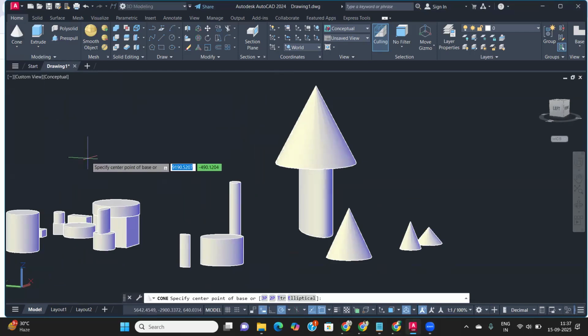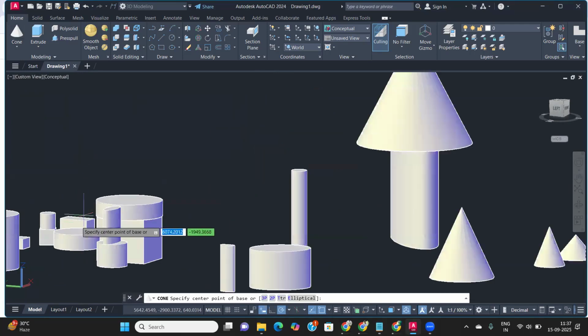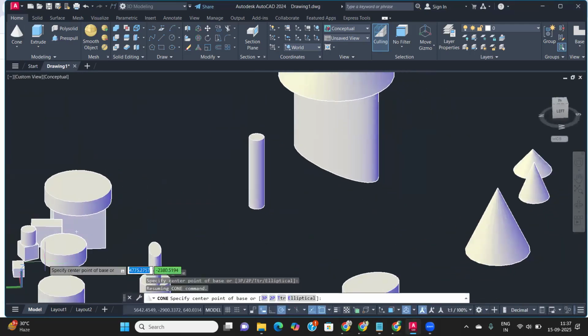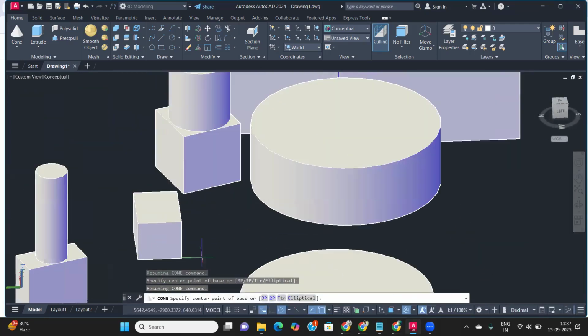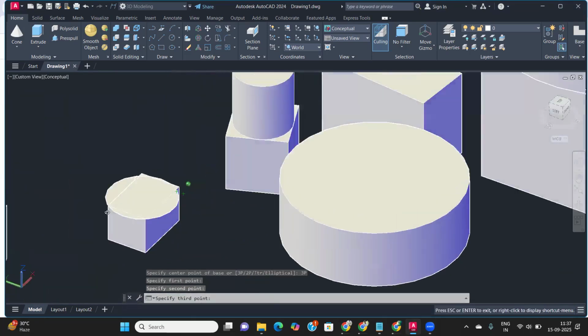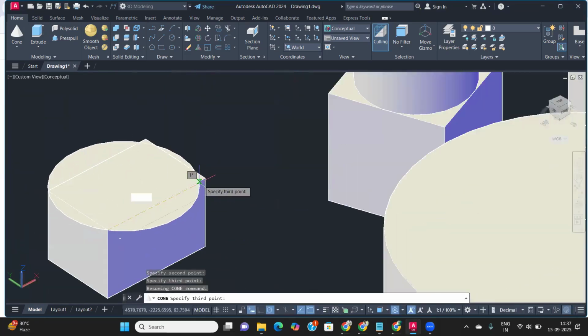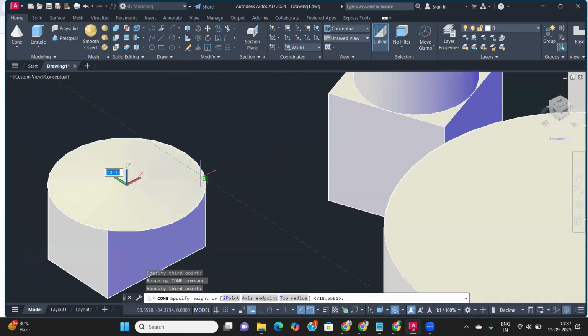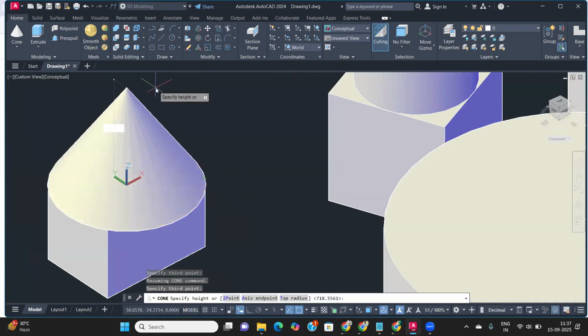So what do we do here? The next part is your 3 point circle. If you want to show the cone by use of 3 points, take the first point here, the second point here, and then this is your third point, right? So I select the third point at this portion, and then I make a cone and take a height, right? Here